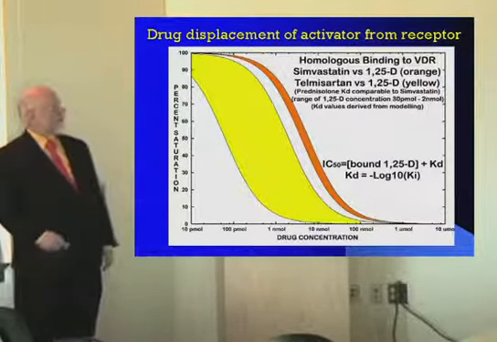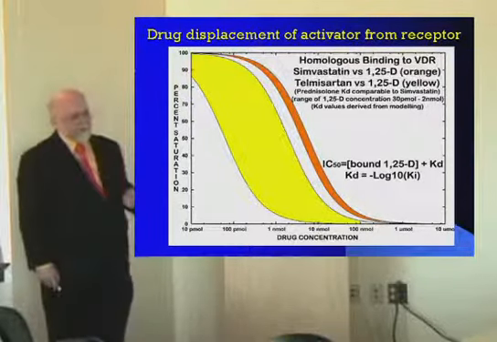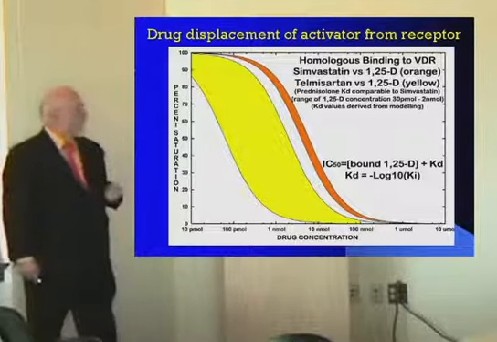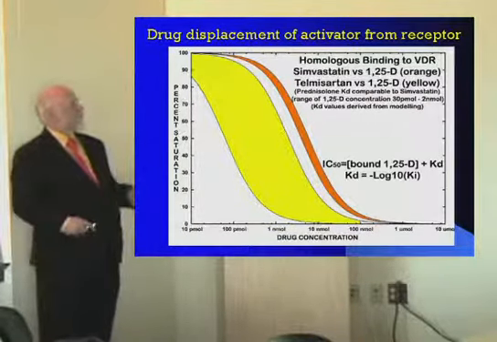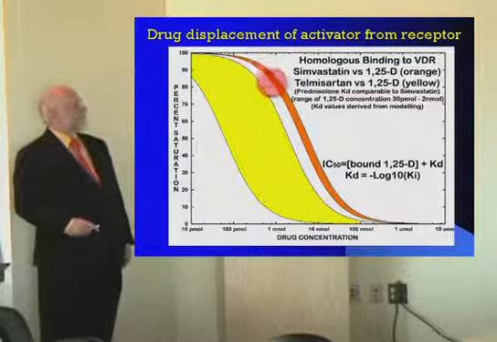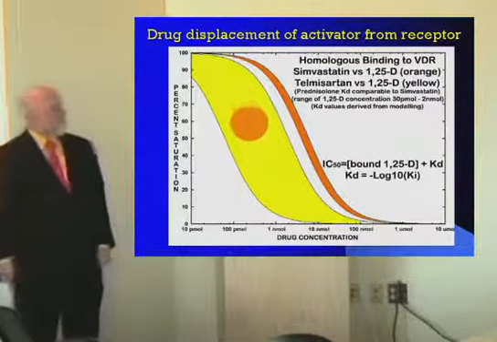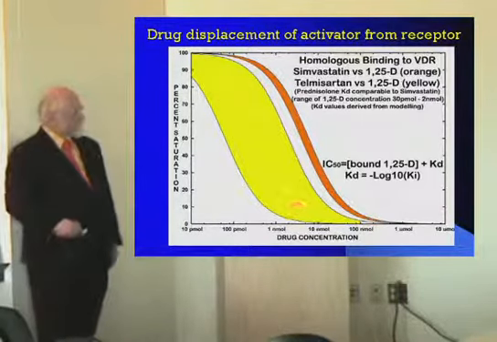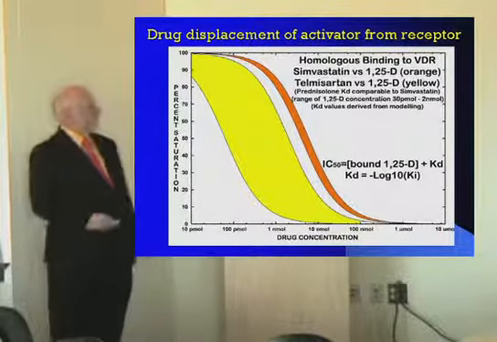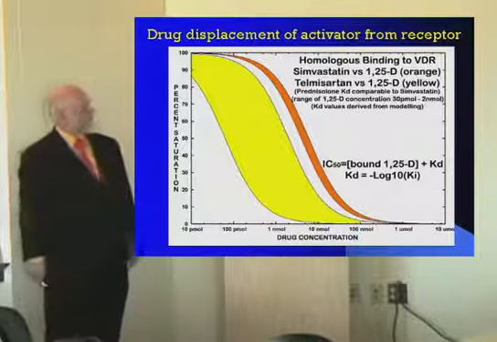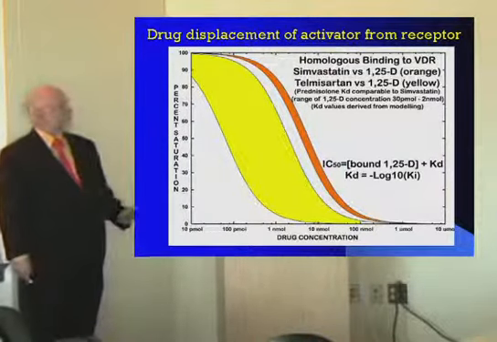And what I'm looking at is the homologous binding to VDR. In other words, we're not assuming any saturation of either the drug or the receptor. Therefore, it's homologous binding to the VDR with simvastatin versus 1,2,5-D, which is in orange, and telmisartan versus 1,2,5-D, which is in yellow. And I put a note there that the prednisolone KD is very similar to simvastatin, and it will have a similar displacement of the active 1,2,5-D from the